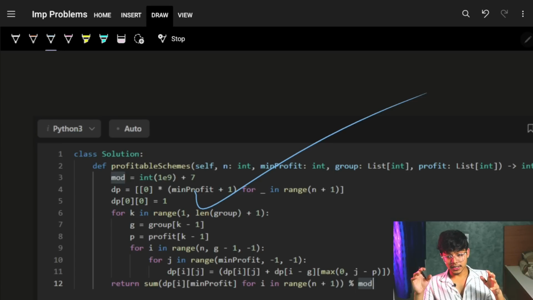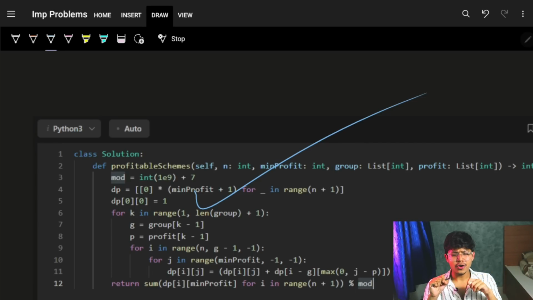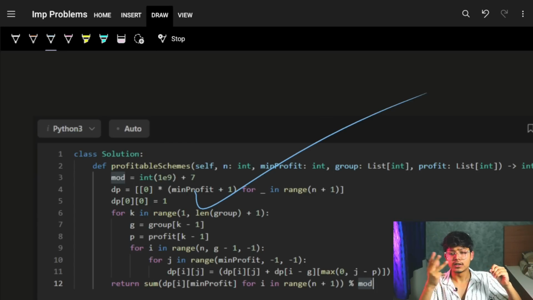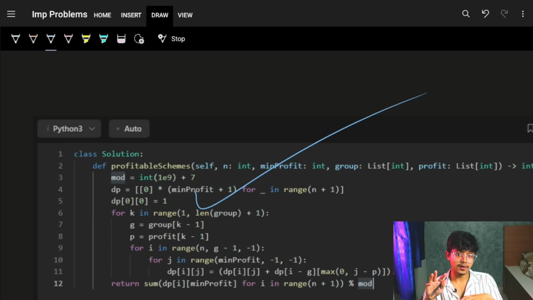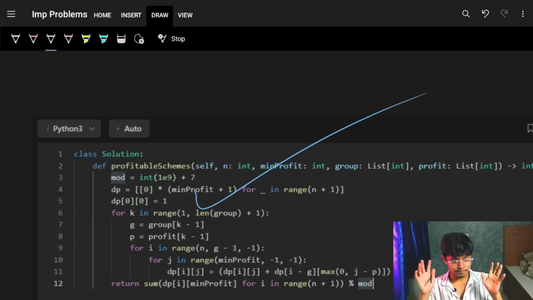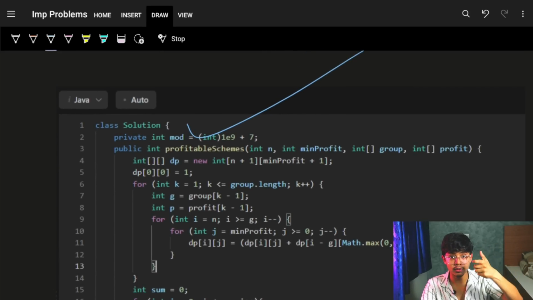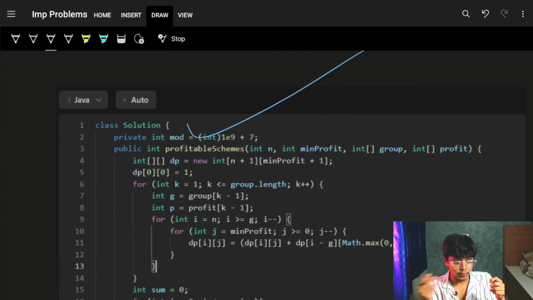I hope that you guys got it. I tried to make the video as short as possible. It could go up to 1 hour, but I tried to finish it in 30-35 minutes. It was the best knapsack problem I have seen so far, like legit. You can't learn anything better than this from knapsack. You learn so many good things, how you reduce one dimension, why you move from the back, not from the top,